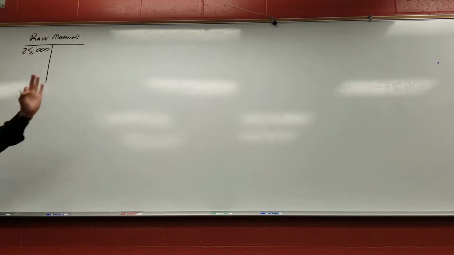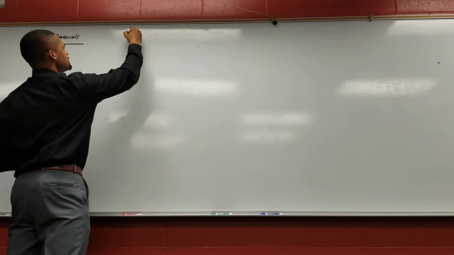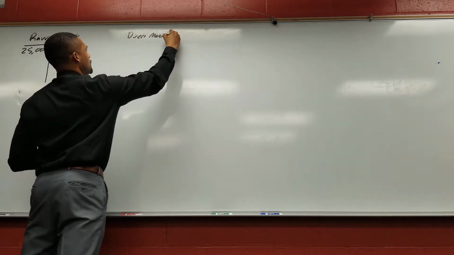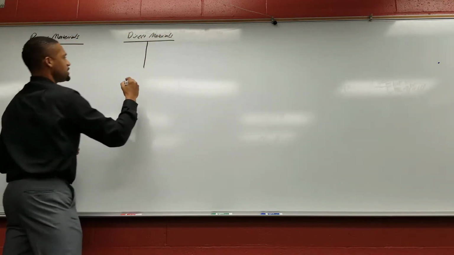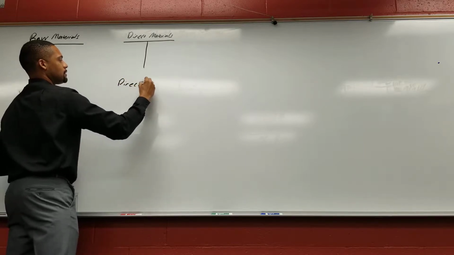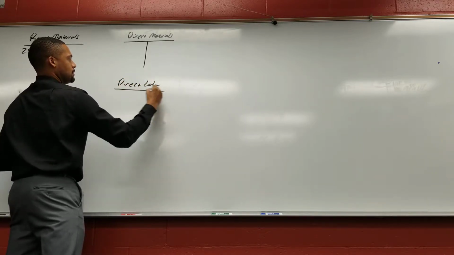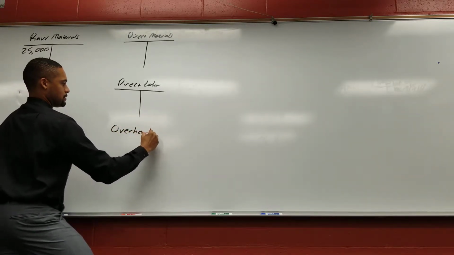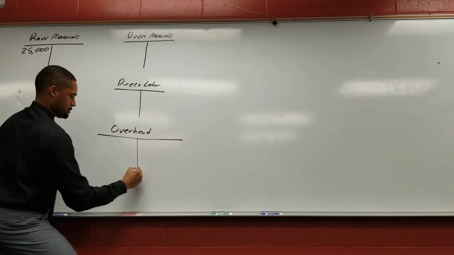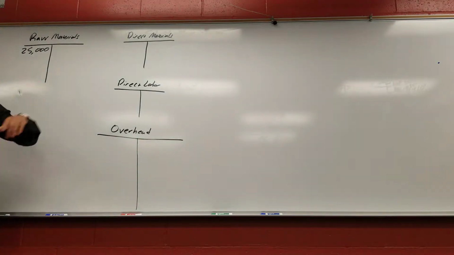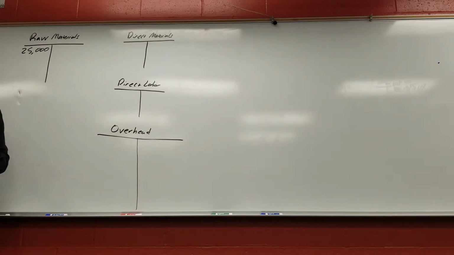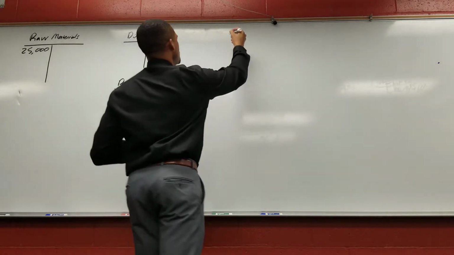Next, we always want to put our 3 product costs down. Always put the 3 product costs. First one is direct materials. Next one is direct labor. And finally, our overhead account. These are our 3 product costs, essential for all manufacturing. Next thing up, we want to put our work in process account. We're going to call it WIP,